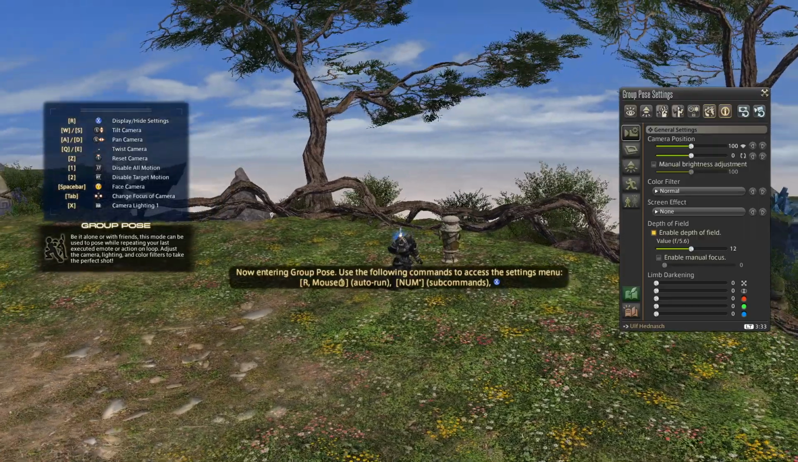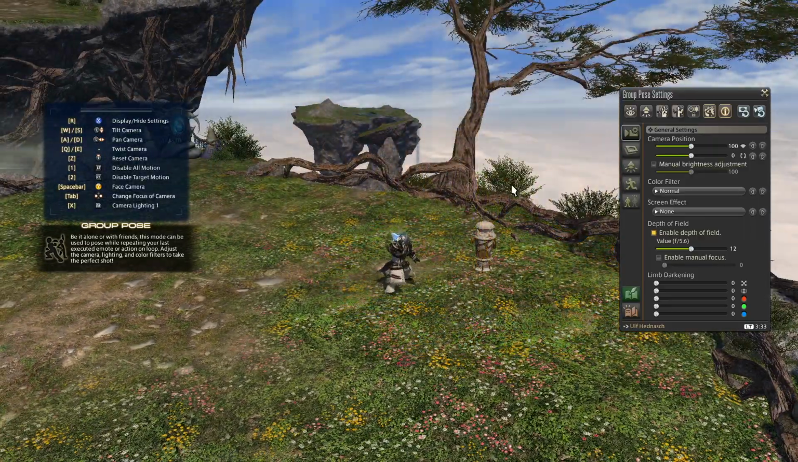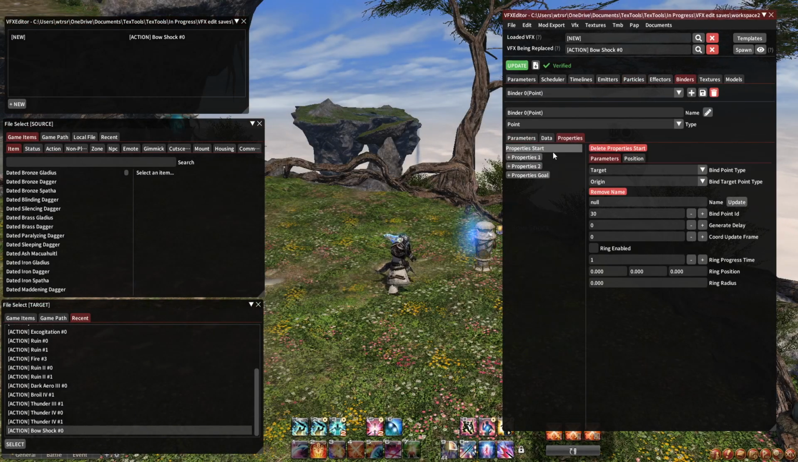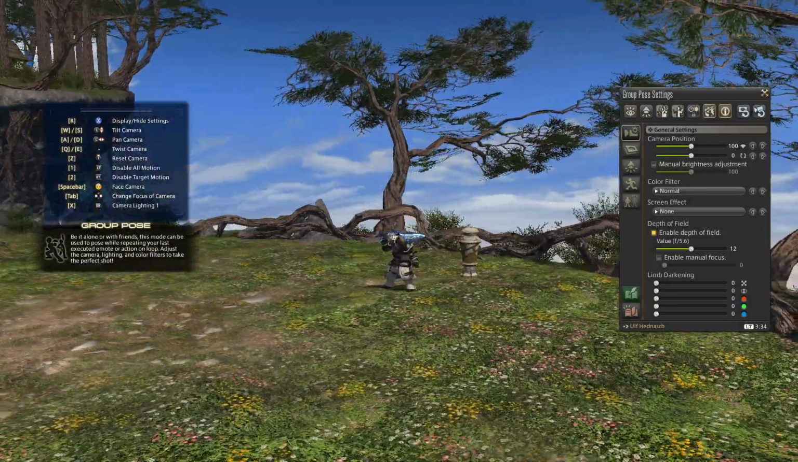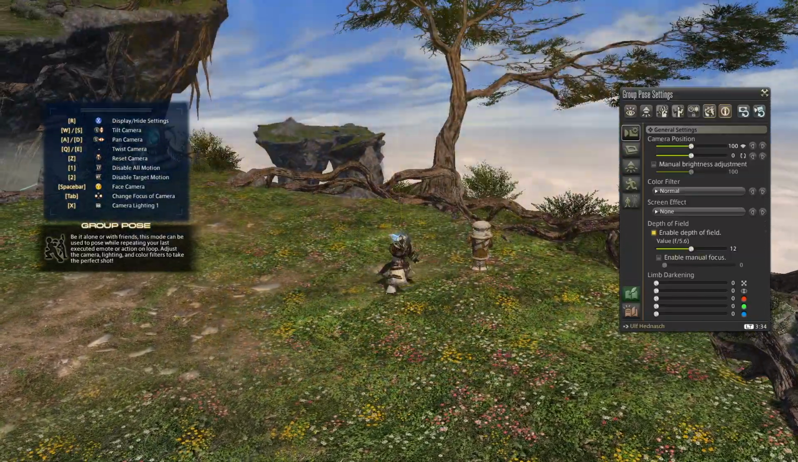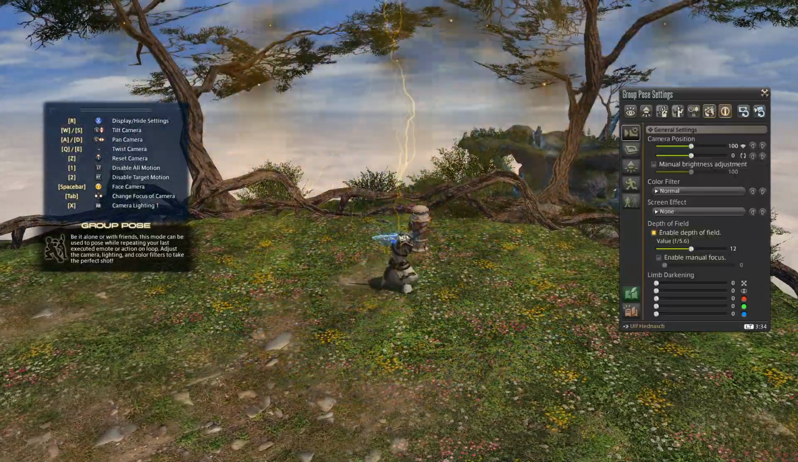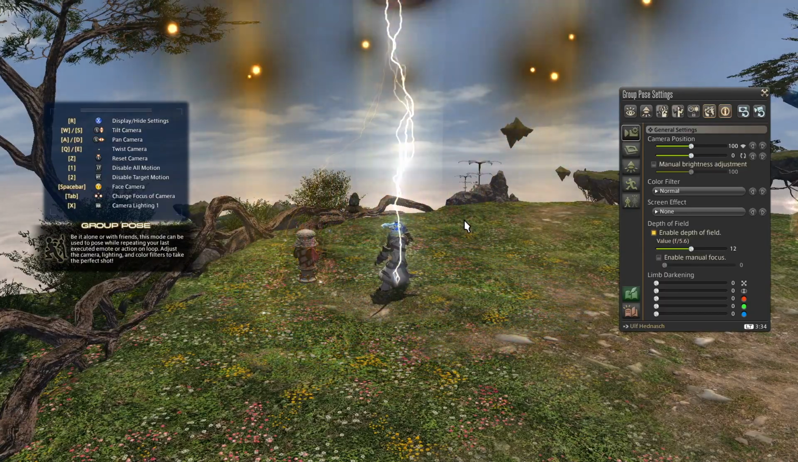Oh, I need to change the binder. I just want it to be caster. And do this again. So there is the new bow shot. Alright, well,